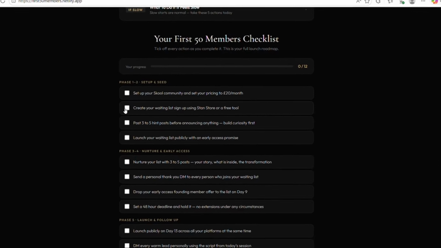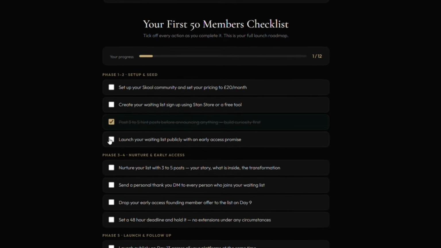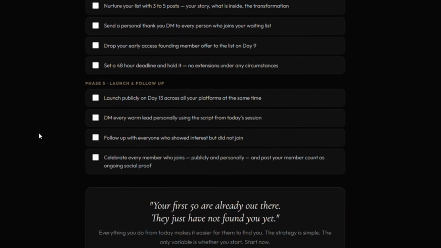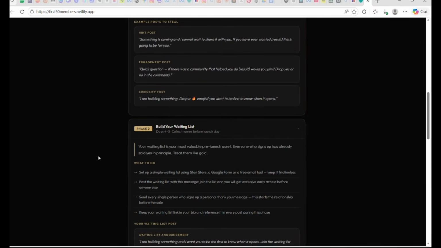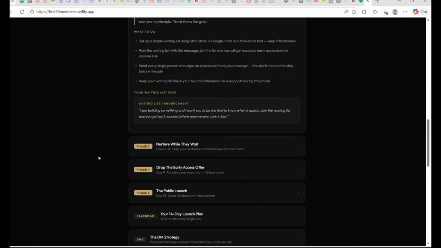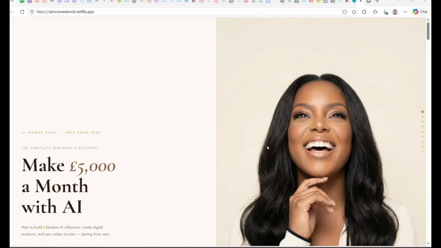Again, it's an interactive tool. Instead of it being just your standard PDF, your standard guide, this is more interactive. It's a checklist. It gives them suggestions on the type of content, how to get people inside of their community. When I tell you I've been going in on it, guys, this is another free lead magnet, but this one's